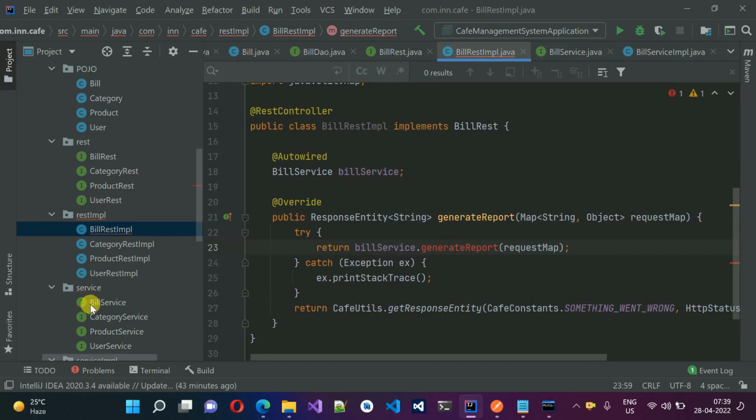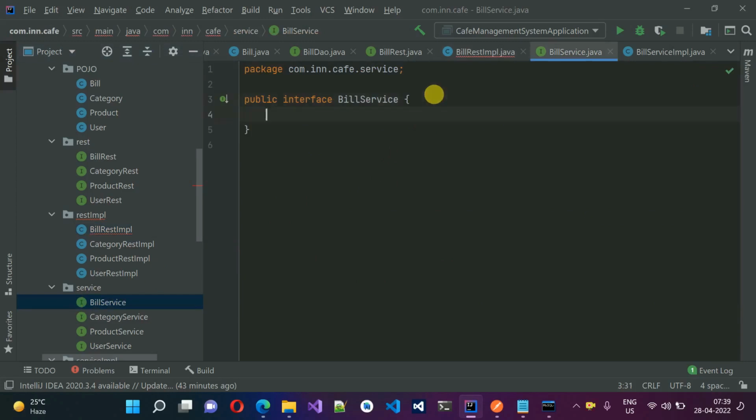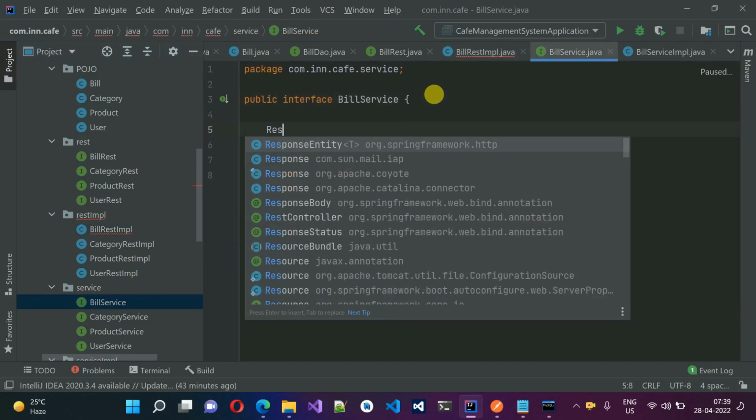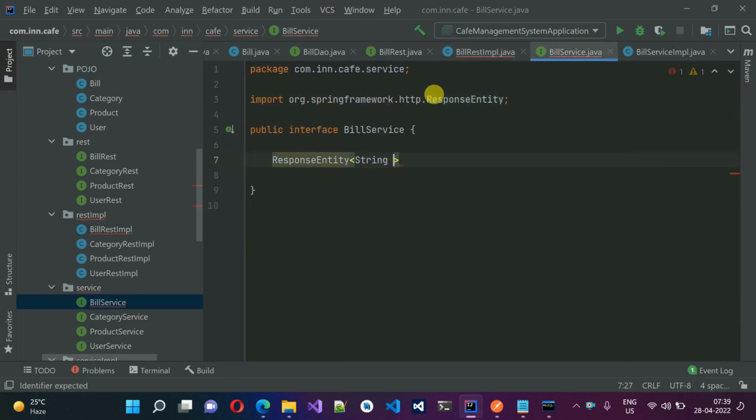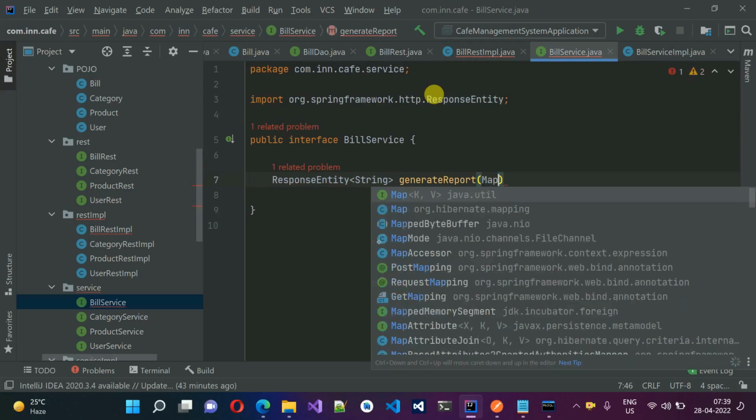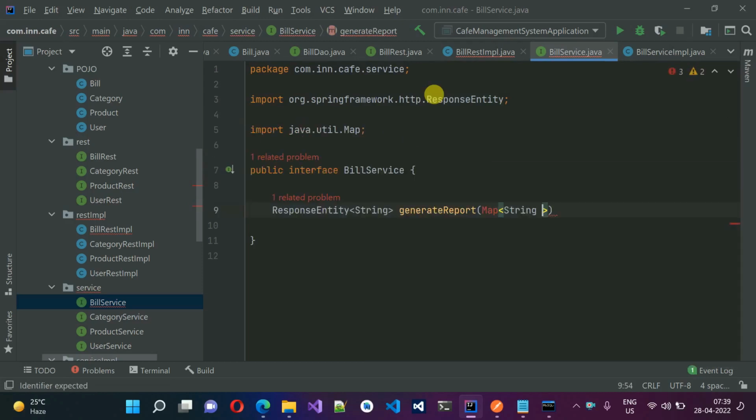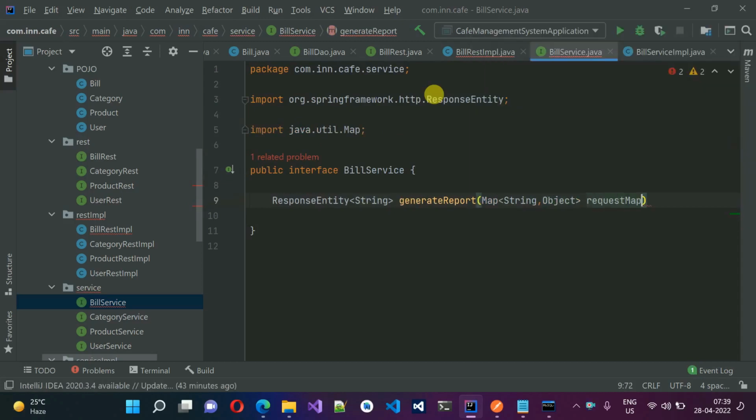So we move to the BuildService, and here we are going to declare it. ResponseEntity of type String, and we're going to paste the name over here, and it's going to expect Map of String comma Object,